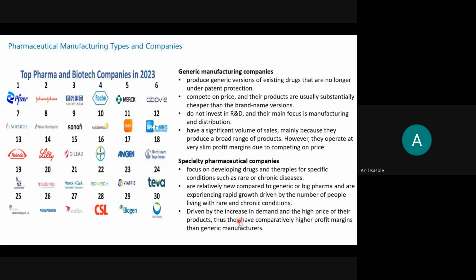and this is driven by, like during COVID, right? I'm just giving the COVID example again so that we can correlate this. That was a new drug, so that also falls under specialty pharmaceutical companies. It depends on what the disease and the product are. That's why they have a very high demand, and the price of the product is also comparatively high. But from the process perspective, it is almost the same. Okay.